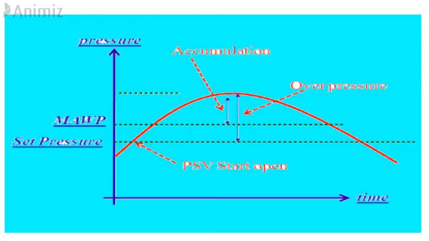There are two basic concepts for the set pressure of a safety valve as follows. First, the set pressure should be low enough that the relieving pressure should not be more than MAWP in any case. And second, the set pressure must be high enough to ensure that there is sufficient margin above normal working pressure to allow the safety valve to close. However, this set pressure must never be greater than the maximum allowable working pressure.